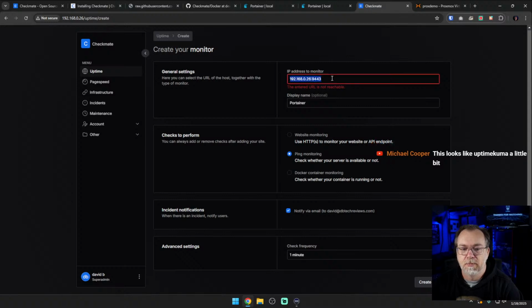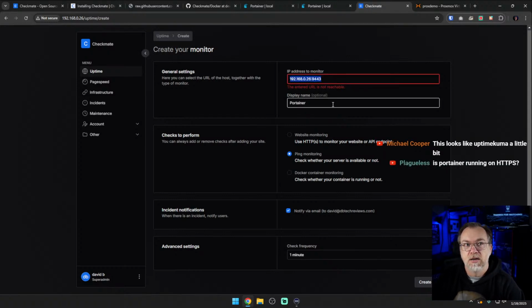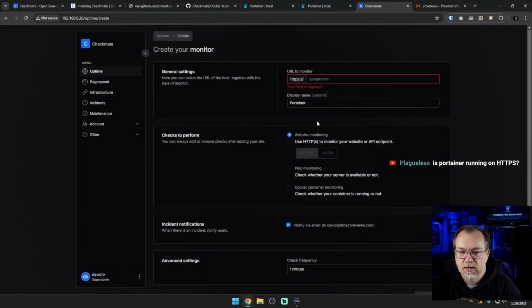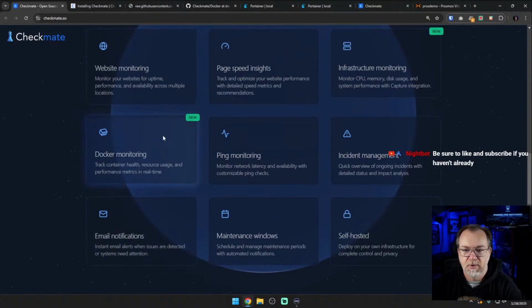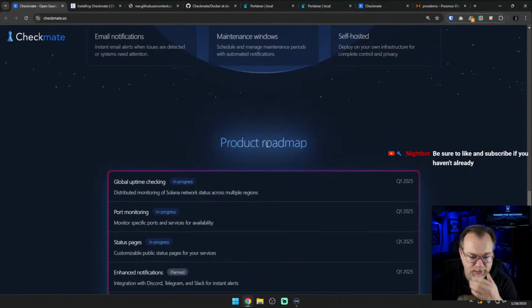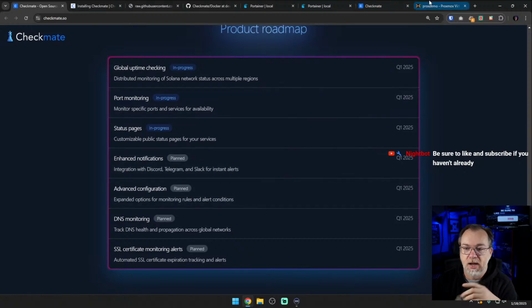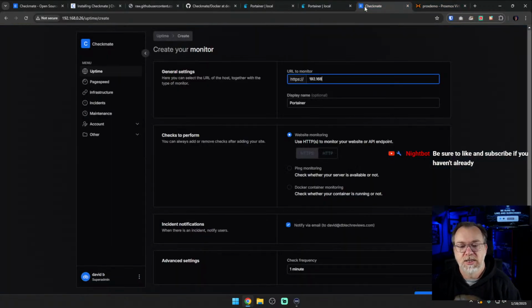Okay, but if I want to monitor that service via the address, then I feel like I have to, because if I just put in, I guess that's port monitoring, and I think we actually talked about that. Docker monitoring, ping monitoring, port monitoring is still not there. Okay, see, I'm getting ahead of myself. This is why we do this. So yeah, port monitoring still isn't a thing. That's my bad. So let's just do